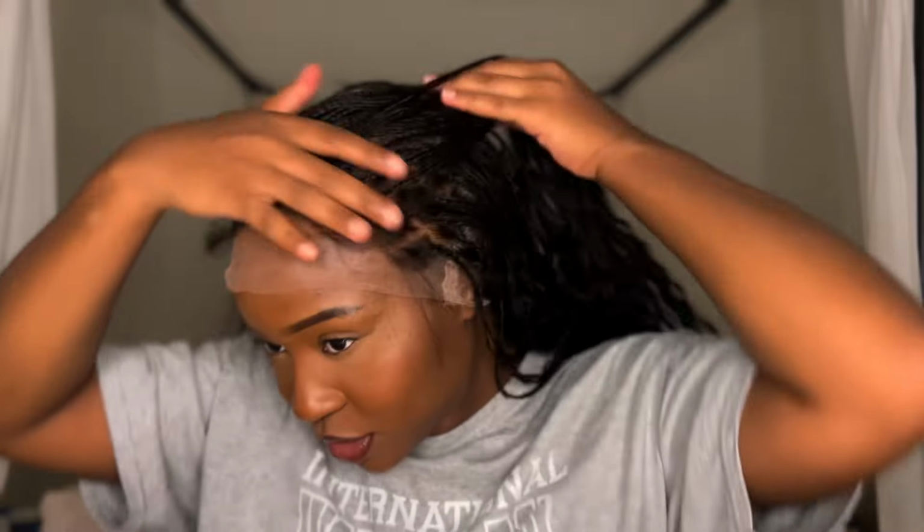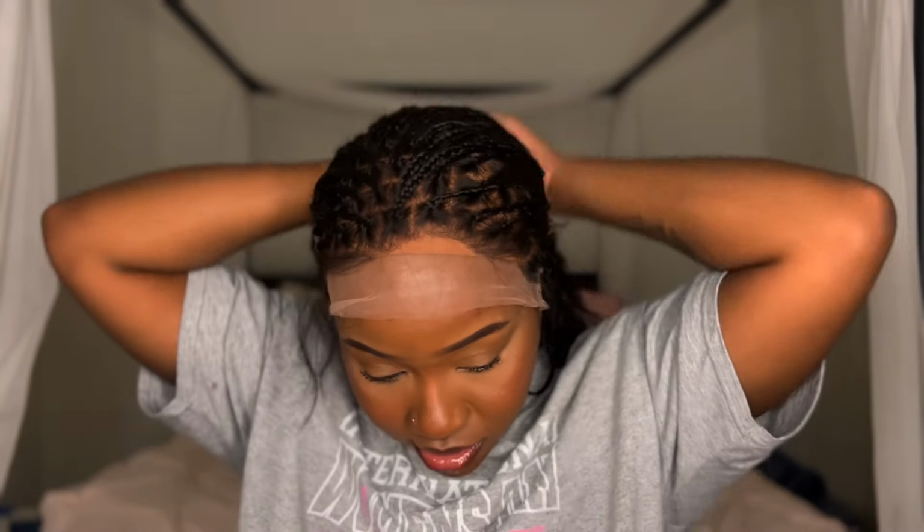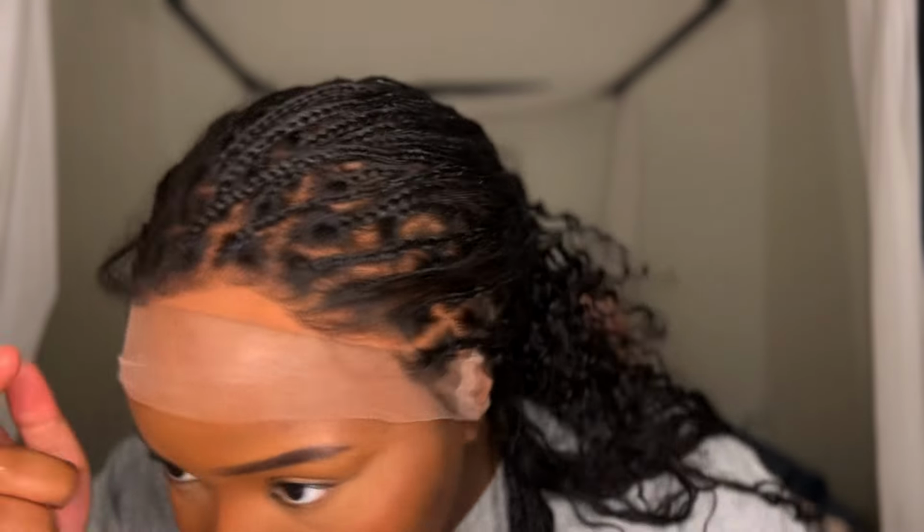Do y'all see? It's pretty, it's looking pretty good. So I'm gonna push back the edges. I currently can't find my hair scissors, so I'm just gonna use some scissors I have. So again, we're gonna pull the edges back and put in a ponytail. As you can see,